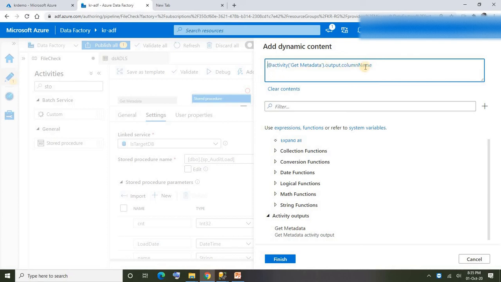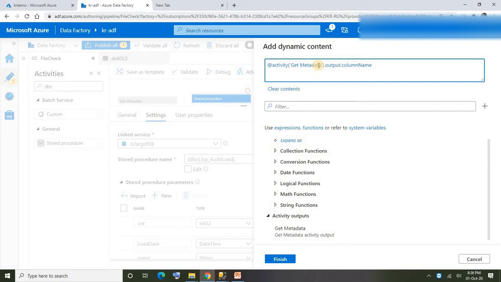What I would say is, as I am already aware of that column name, I just typed it here. In case you are not aware, first execute the get metadata activity. When you execute, the output will be shown in JSON format. Just go through that output and identify these column names, and the values that we are getting through get, which will be in string format.